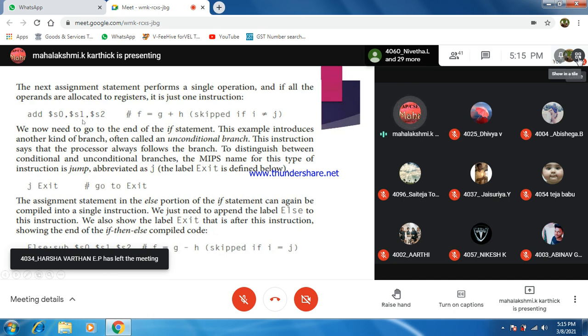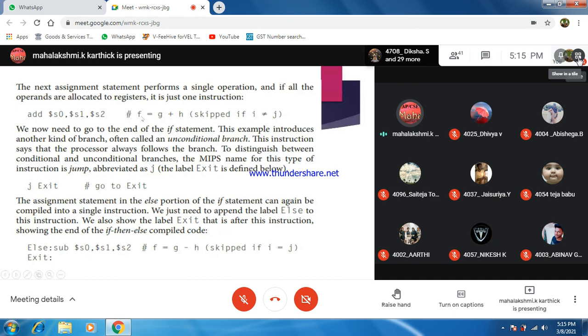G's value S1, S2, and the result has to be stored in S0. This is normally the instruction performed for an addition operation, the add instruction. The point they are trying to tell is that the next assignment statement is performed in a single operation, and if all the operands are allowed in registers, it is just one instruction.